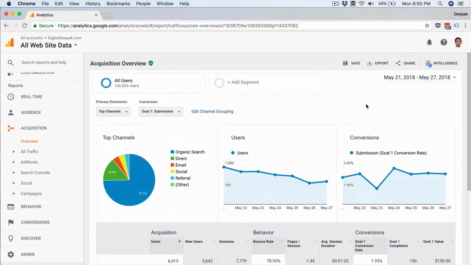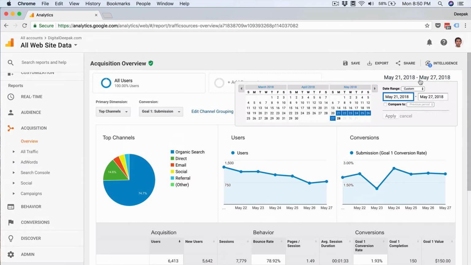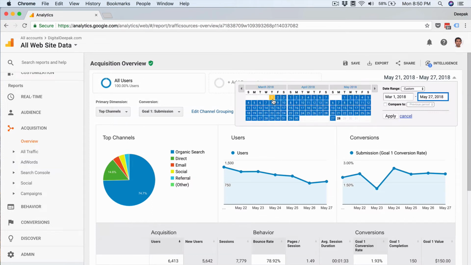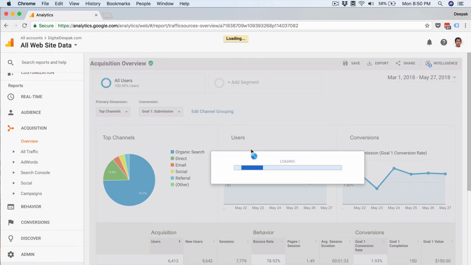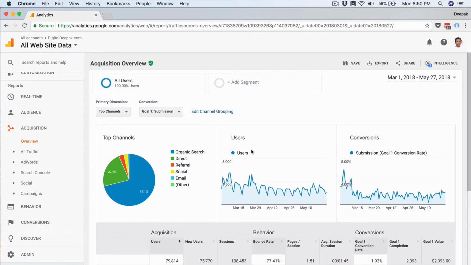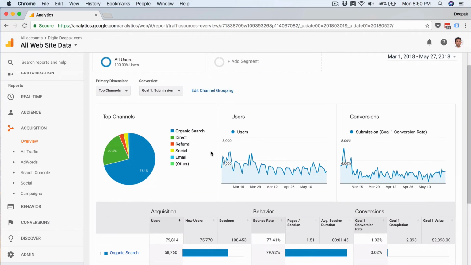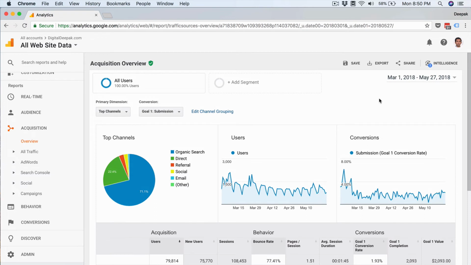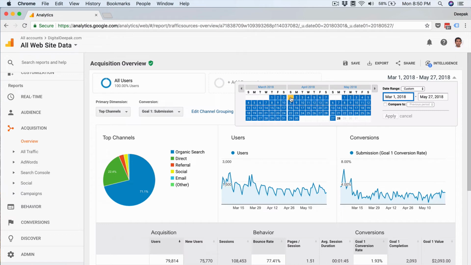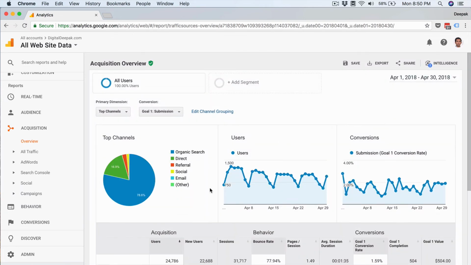You also have to note that whatever data you are looking at within analytics is for a particular date range, and this date range can be changed. If I am doing it from March 1 to May 27th, then this entire report will change. Every report under every section you are looking at is going to be pegged around a particular date range, and this date range by default is going to show as past 1 week, but you can go ahead and change it manually. If you want to just analyze traffic for the month of April, then you can just select April and then look at the data.